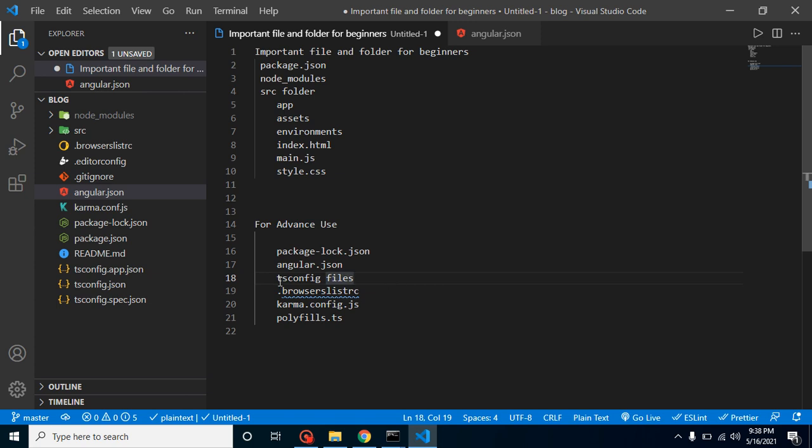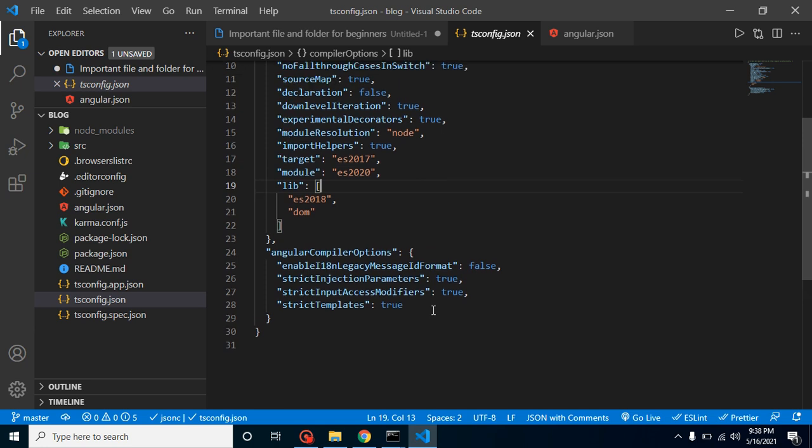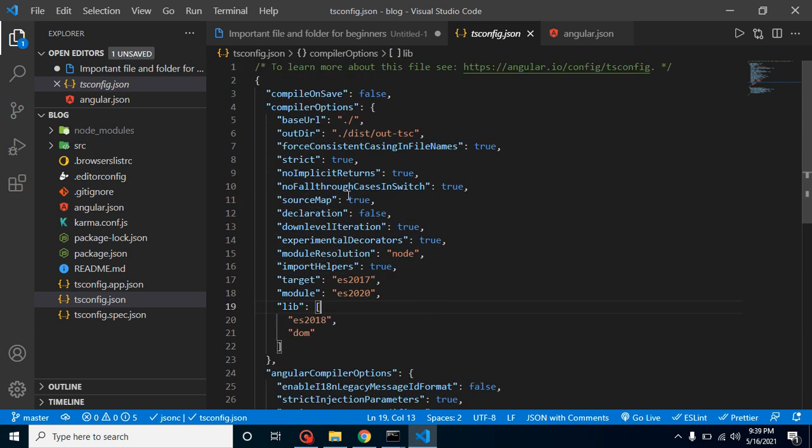So now let's talk about the ts configuration files. Why did I mention ts configuration files and not mention 3 files here? Because all these files are integrated or depend on each other. See, the main file is tsconfig, right? Here you can see that this is the default configuration for TypeScript in your project, right?